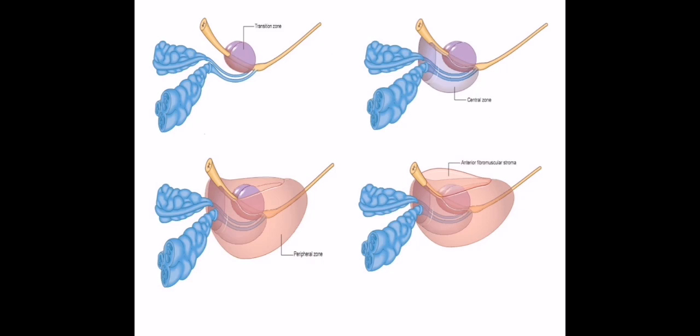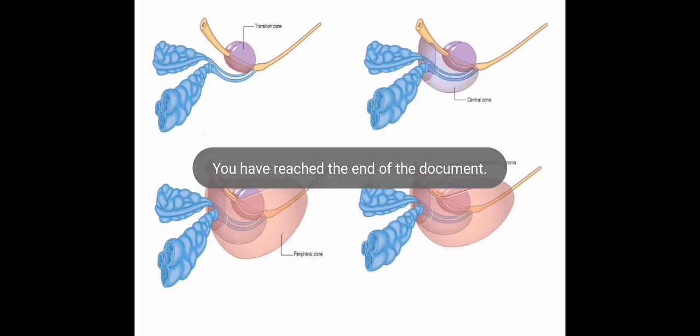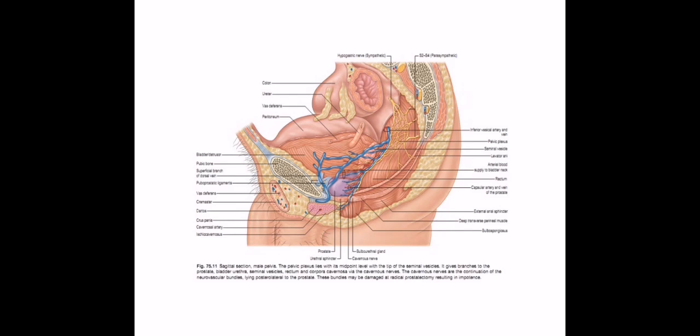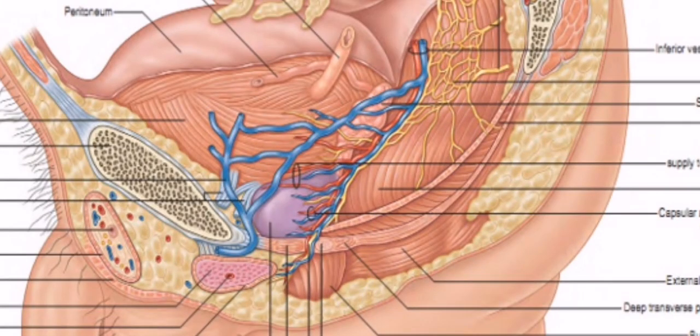Blood supply of the prostate. The prostate is supplied by branches of the inferior vesical and middle rectal arteries, and the venous drainage of the prostate goes to the prostatic venous plexus, which lies outside the capsule of the prostate. The prostatic plexus receives the dorsal vein of the penis and numerous vesical veins, and it drains into the internal